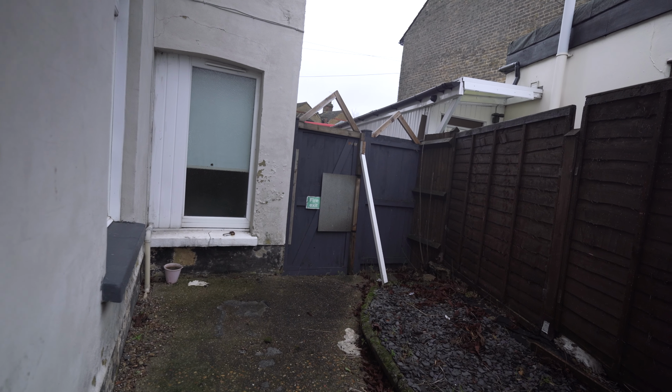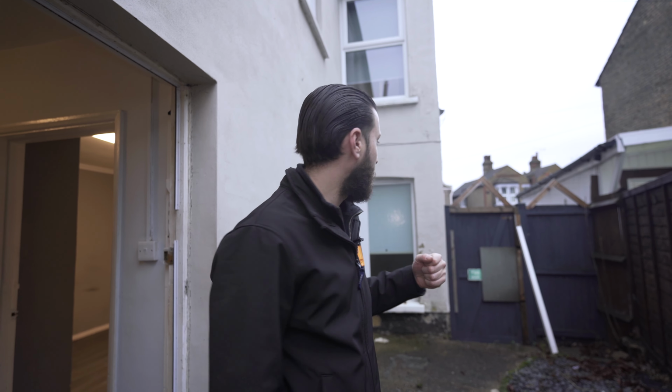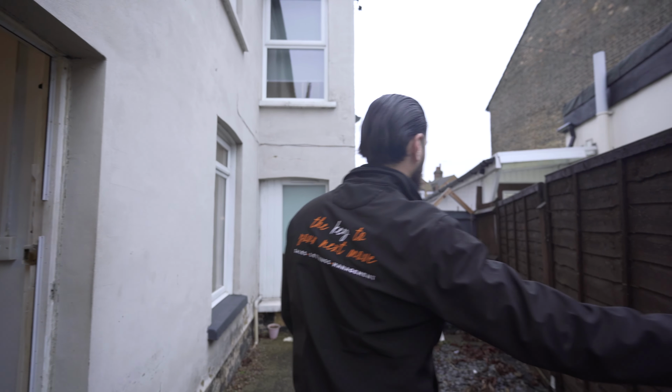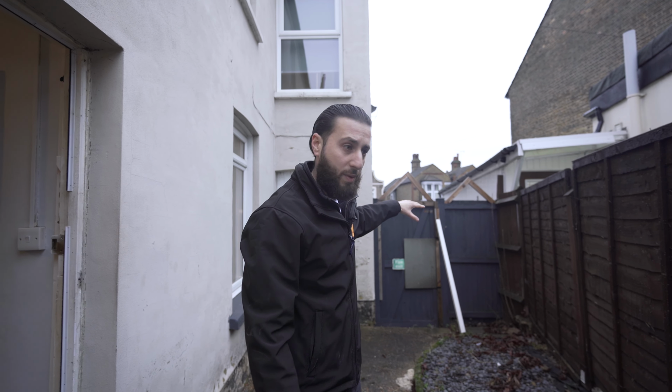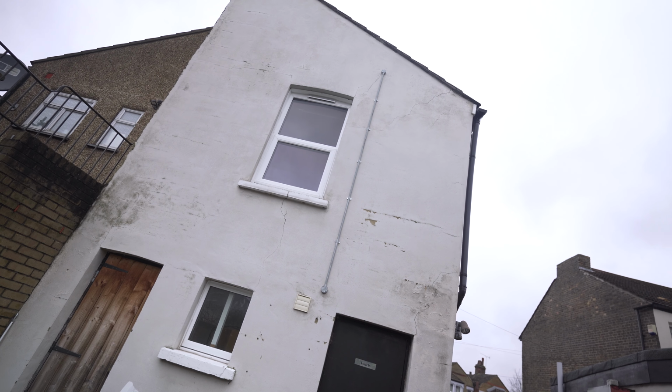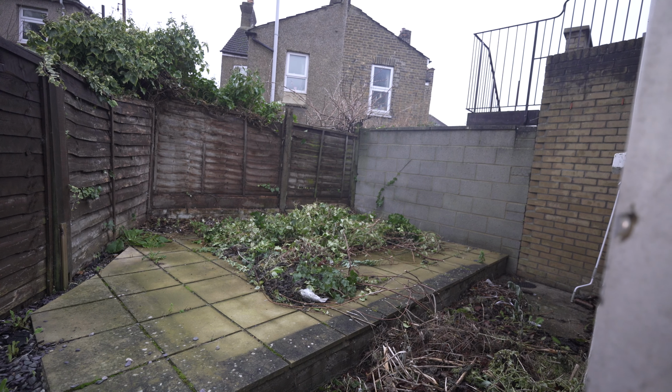So this is that side area, so you can see that there's an old gate there. That's going to come down, put a nice secure gate there, and the land actually goes in line with this sort of fence here in that building, and that is where we've got a parking space for this area as well. So this will come through here, go out into the garden area, which we hopefully will be able to